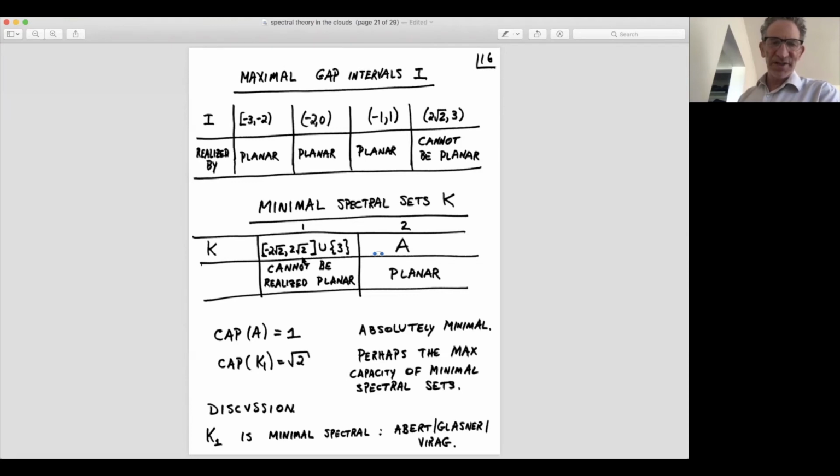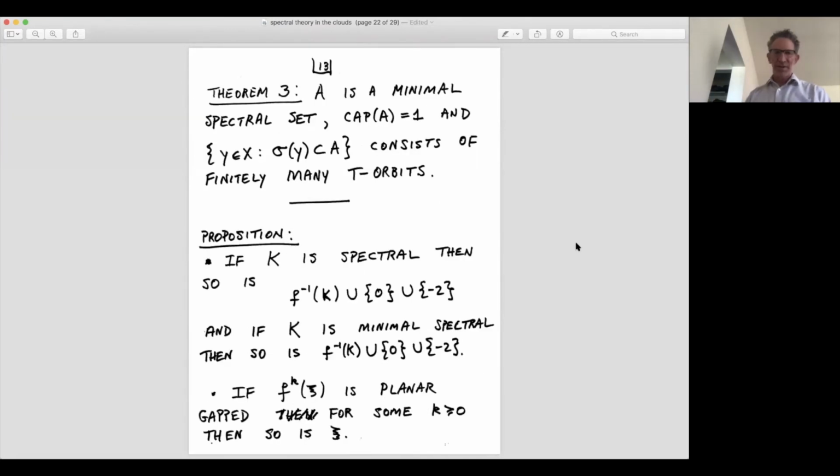So this set here is actually a minimal spectral set, just like our set capital A is a minimal spectral set. So that's sort of what we know in terms of what you can create in the middle and in terms of this remarkable set which has a minimal transfinite diameter. What's going on there? All right.